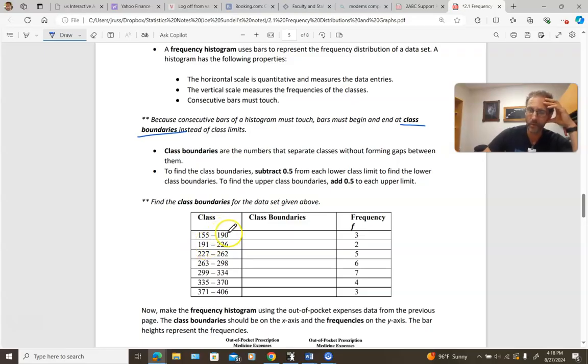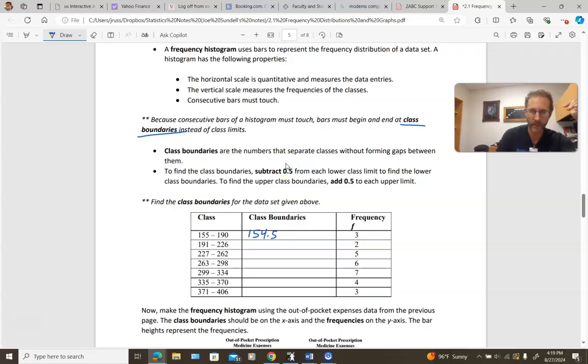There's a gap of 1 because it jumps from 190 to 191. So what we typically do is we add and subtract a half step. So at a lower class limit, we subtract a half step. So 155 minus 0.5 would give us